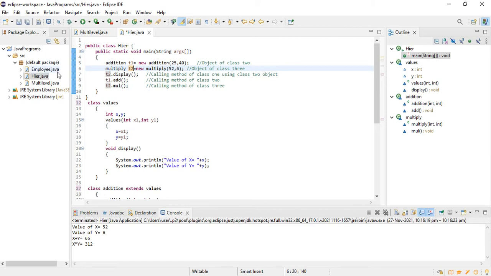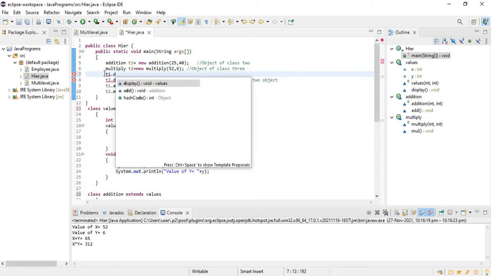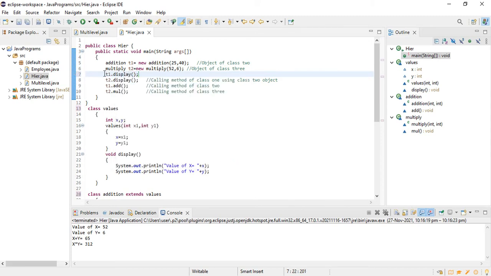Here I am using T2.display, so it will display the x and y values which I assigned with my T2 object. If I want to see the display with T1, I can simply call the display method using T1, and we will find the values which I assigned to my T1 object.